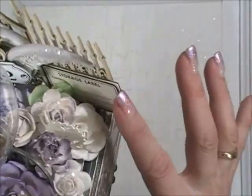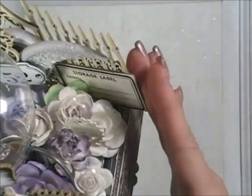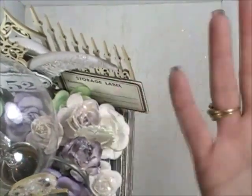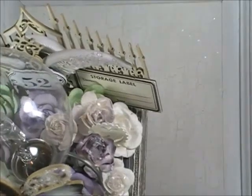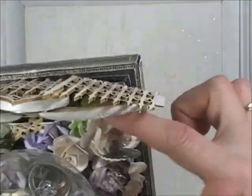And then over on this side, this is just a little chipboard piece from my stash. I think this came out of a Tim Holtz ephemera piece. And I just thought it was neat because it said storage label on it. I just thought it added to the eclectic look of the whole piece. I added a ton of